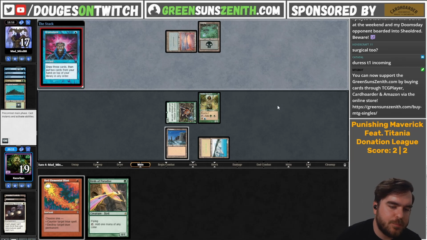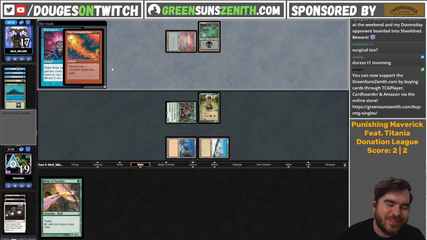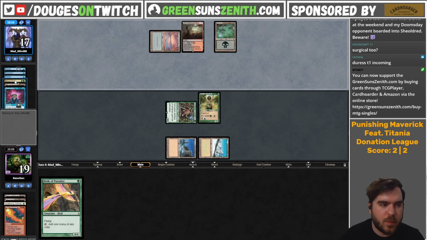We are up a game, so I don't mind trying just to blast this. I would typically keep the Elemental Blast for a bounce effect, but seeing they're on Ant, they could have Abrupt Decay, they could have Fatal Push. There's a few different things they have to answer the Collector Ouphe, so...